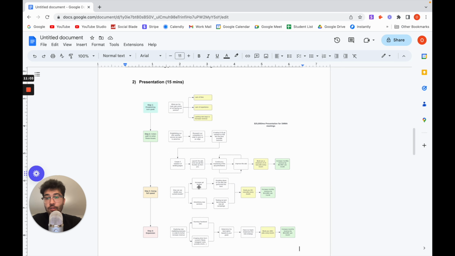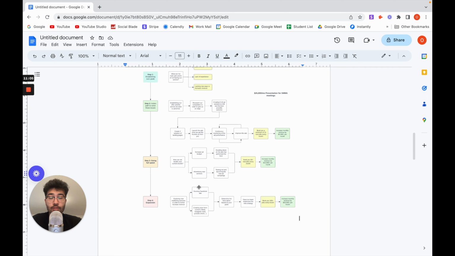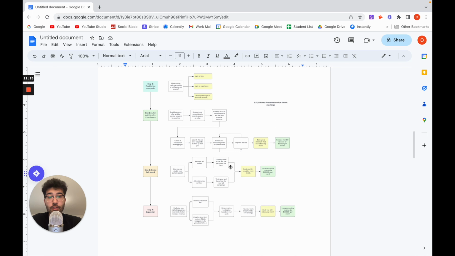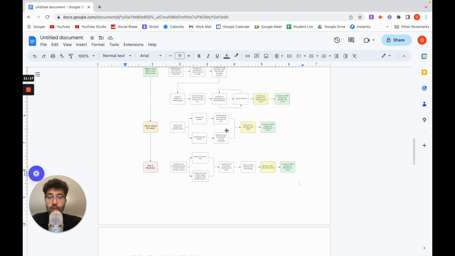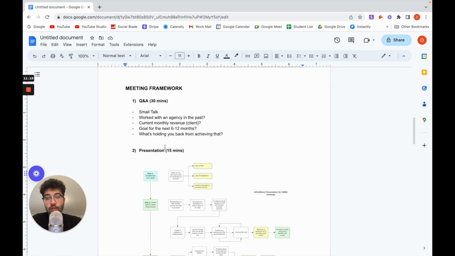Here, it can be a good idea also to show case studies, right? So pictures of templates of ads you would run for them, landing pages, the follow-up system, basically anything you're offering as a service, it would be a good idea to show pictures of it as well here. Okay? Once you've done that, this shouldn't be long. Even 15 is pushing it.